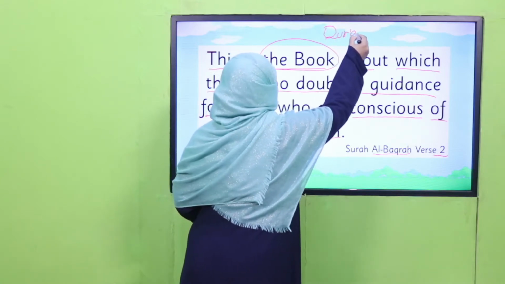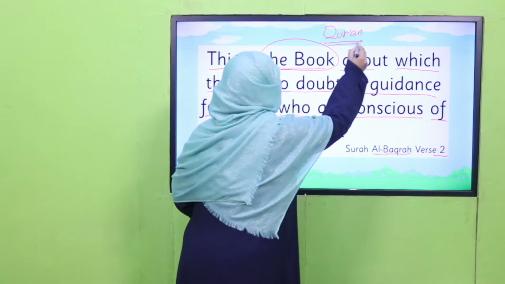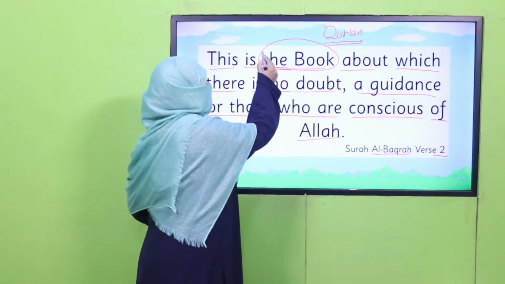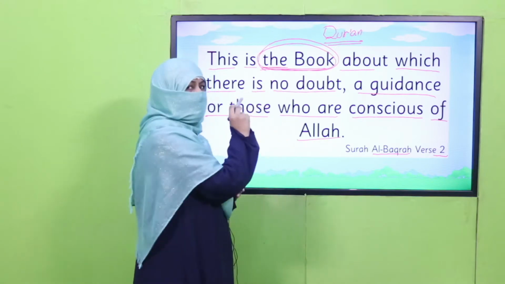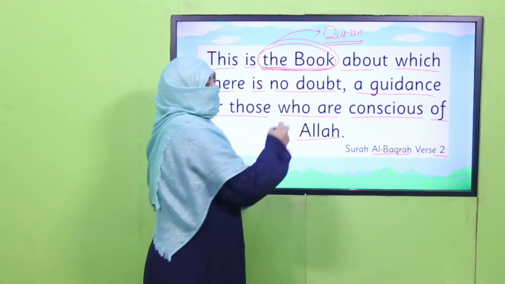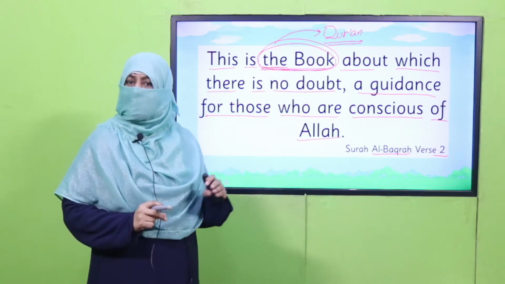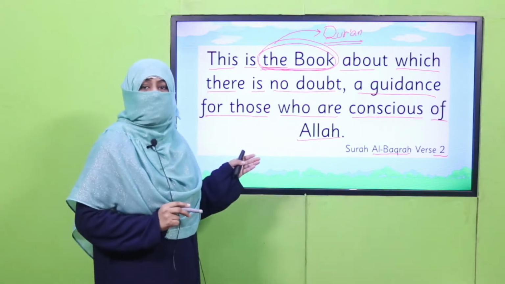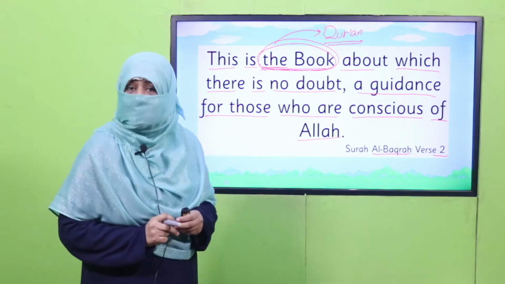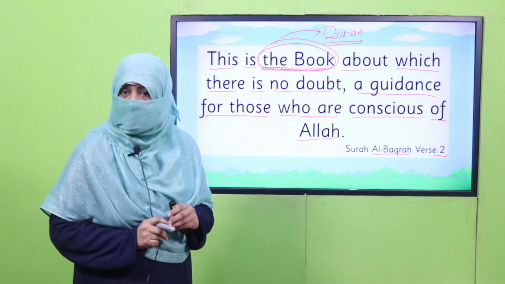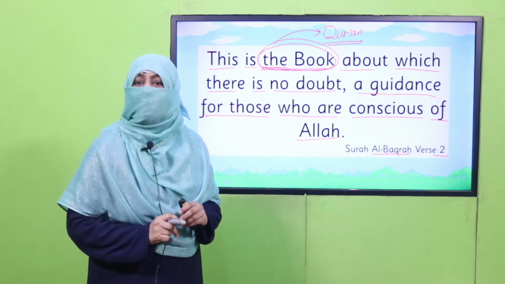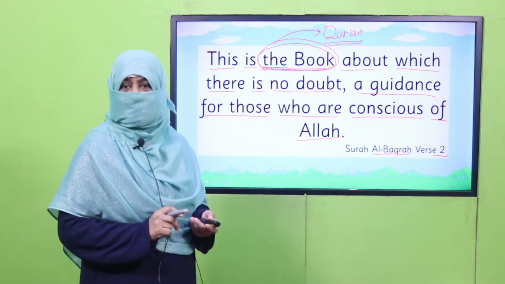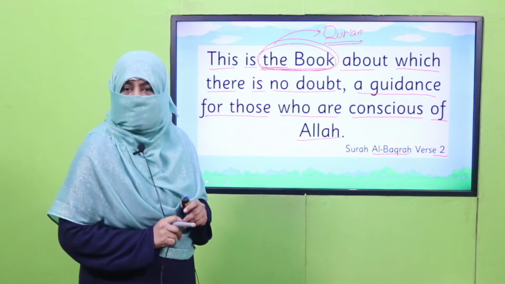This is what you and I both know. So this is how we use the. This article is making this book a specific one, and that is the Quran. All right, so this is how we are going to use the article further, and we should be among those who are taking guidance from the Quran. So how do we take guidance from the Quran? By following all the commands of Allah subhanahu wa ta'ala. So inshallah, we'll be among the ones who are taking guidance from the Quran.